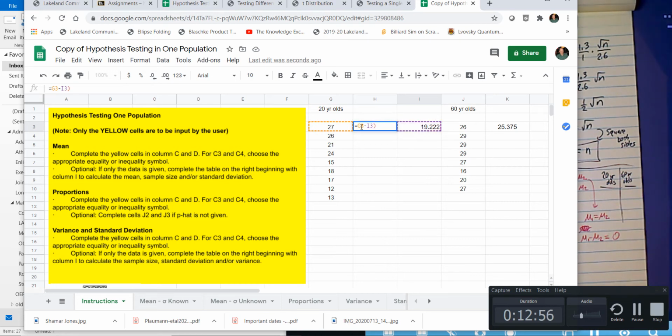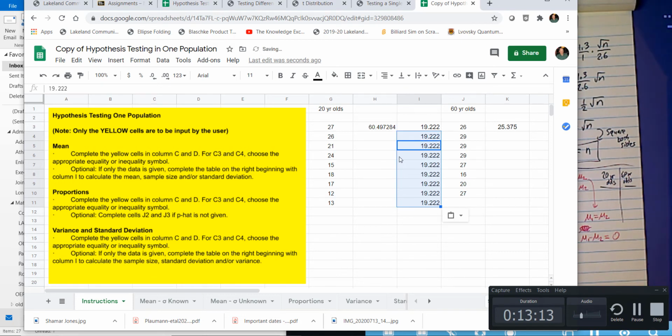But I want to square that, so I'm going to put that in parentheses. The way I square it is to write a caret 2, and there we are. And if I just had this value copied over and over again, now if I copy this formula to this square,